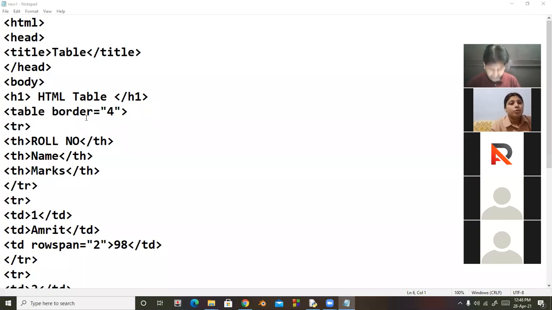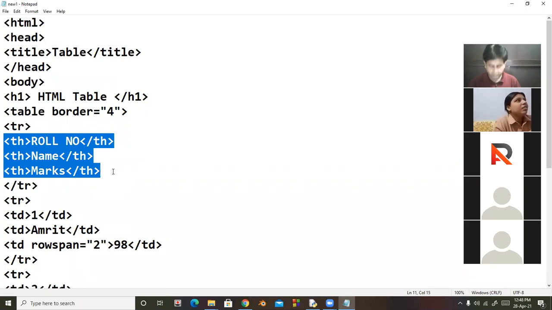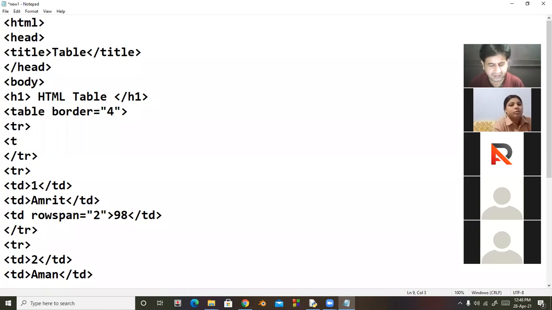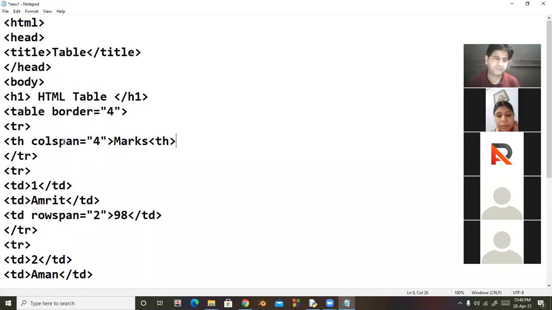Okay, students. Here in first line, a first row, I will use TH and col span equal to 4, and after that I will type marks, then TH will be closed.